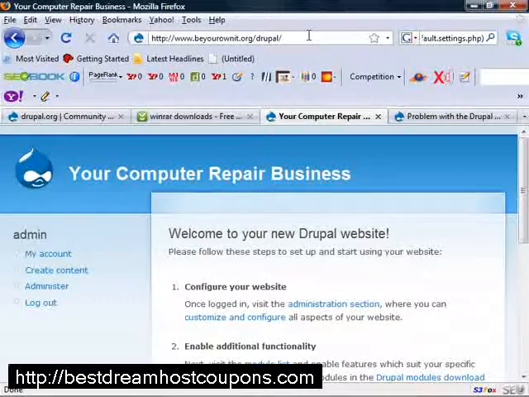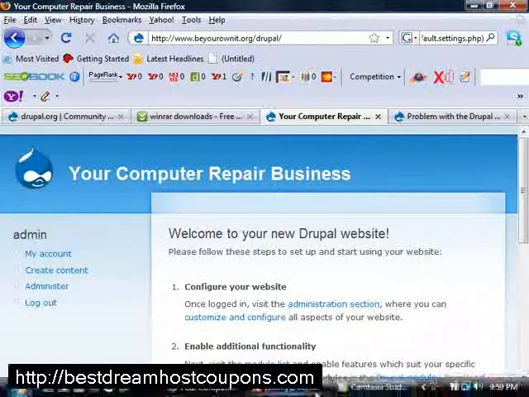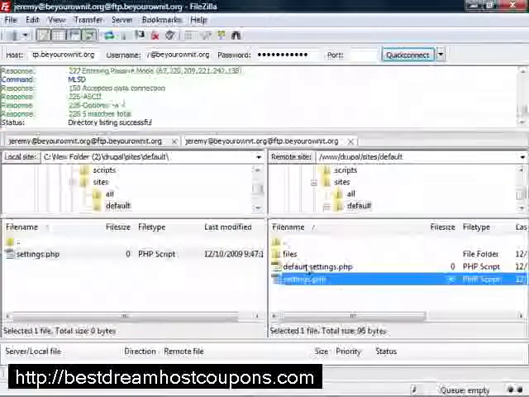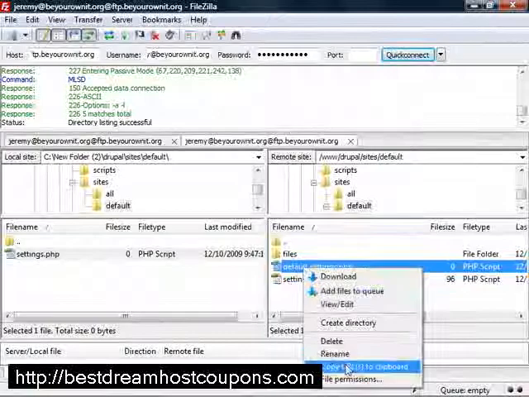So that's it. There are a couple of quirky little errors. Like I said, if you keep your FTP program open, the only thing you'll ever need to really do is right click on things and